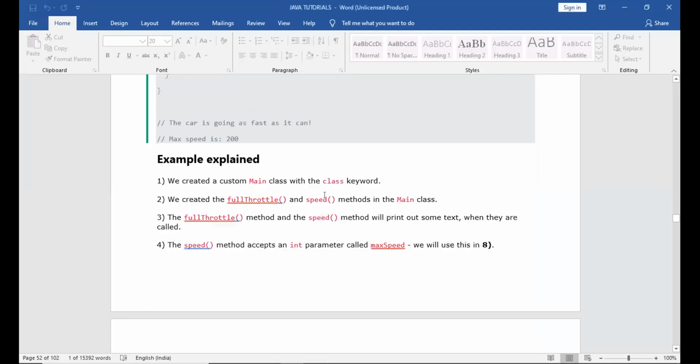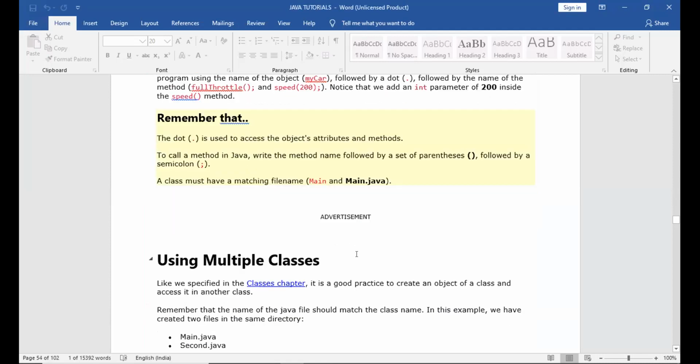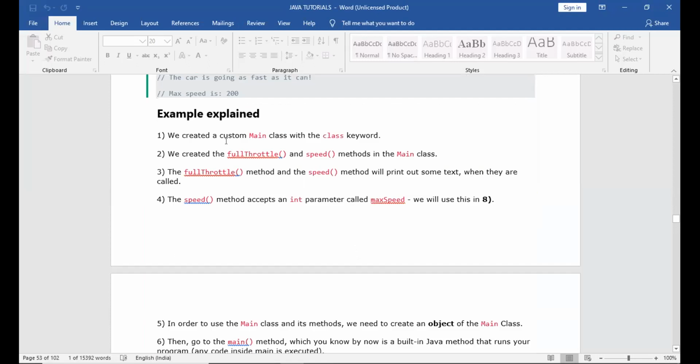Now I'm going to the next topic. That is the explanation. We created a custom Main class with the class keyword. We created a fullThrottle and speed method in the Main class. The fullThrottle method and the speed method will print out some text when they are called. The speed method accepts an integer parameter called maxSpeed. We will use it